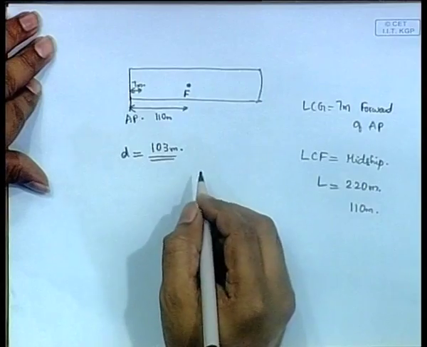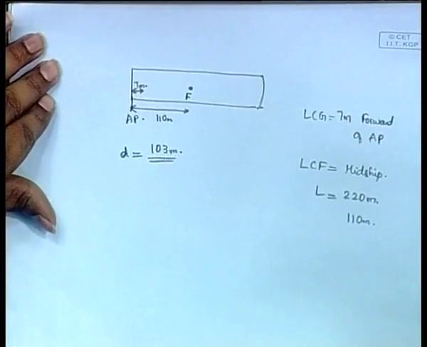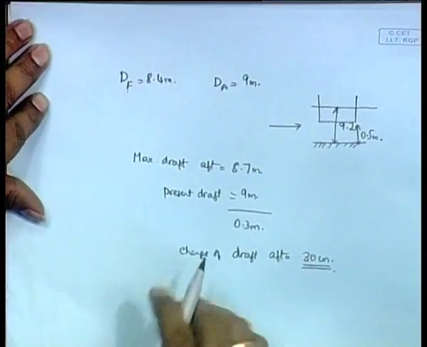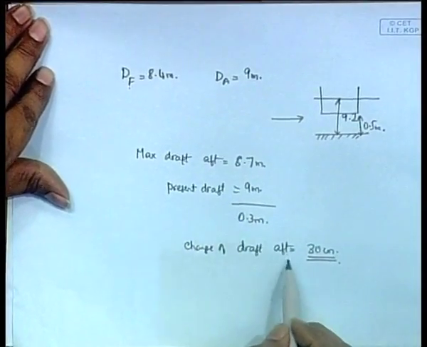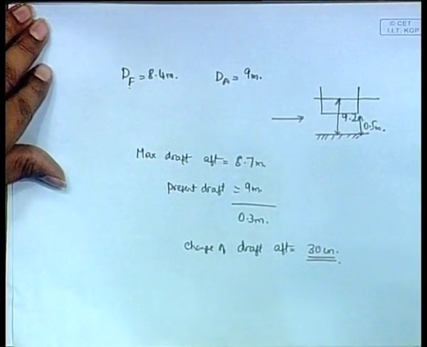It comes from our previous part, where we see that the draft has to change by 30 centimeters. If the ship has to cross that port, or enter the port, its draft on the aft side should be reduced by 30 centimeters, otherwise the ship cannot enter, we have seen that. Therefore, the change of draft aft,